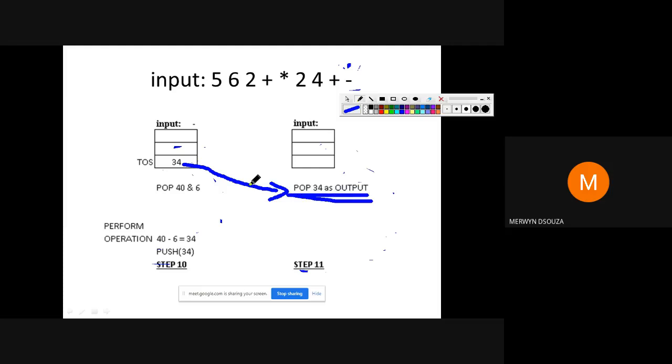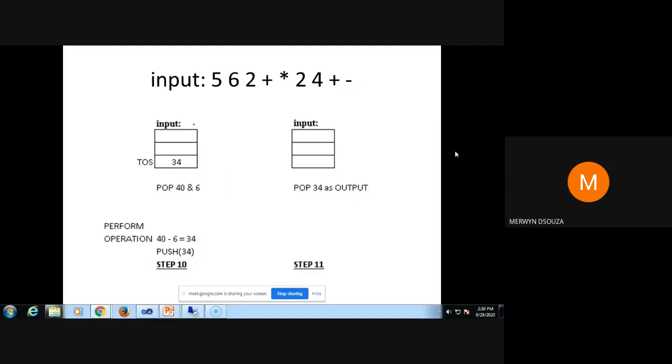You're going to pop 34 as the answer, as the output. So that is the way you get the answer when you evaluate a postfix expression.